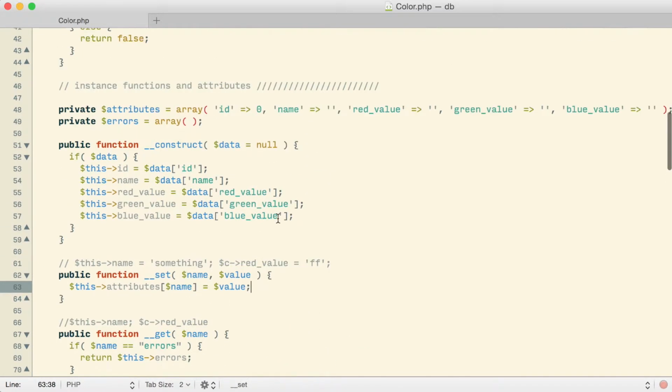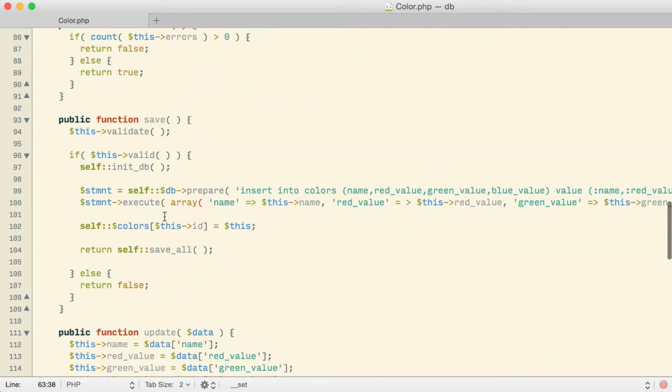One thing you might wonder is why not just take the attributes array itself and pass that directly to the execute function. In my execute function, I'm putting together an associative array that has name, red value, green value, blue value in it. Why not use the attributes array itself? Well, the only reason is that's not what the attributes array was intended for. There's the possibility in my mind that in the future the attributes array could have other values stored in it as well, not simply the values that are stored in this particular table of the database.